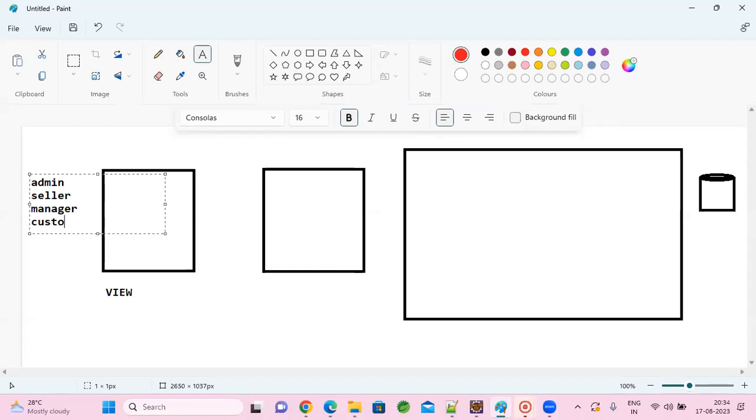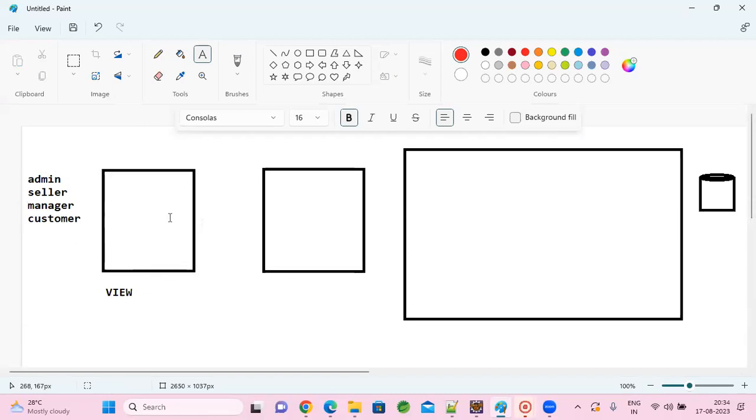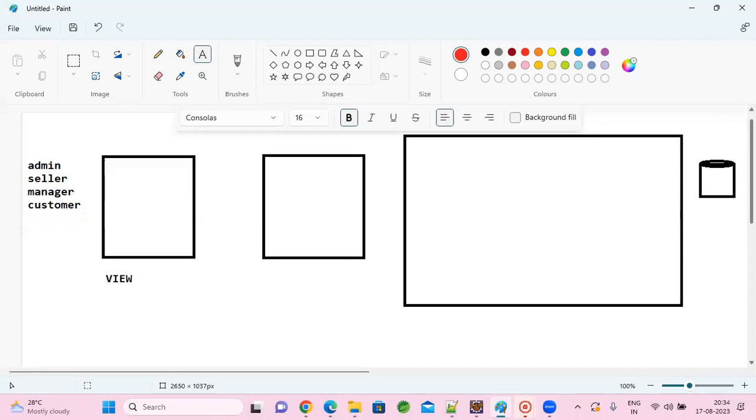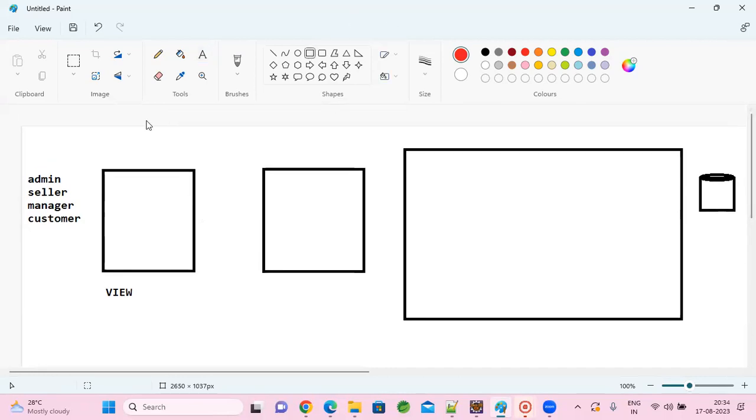And at the end of the day, the customer can directly go to the portal and register. Whoever he is, he will interact with your application via the presentation part only, the views. So for the end user's sake, we need to have a beautiful UI UX.